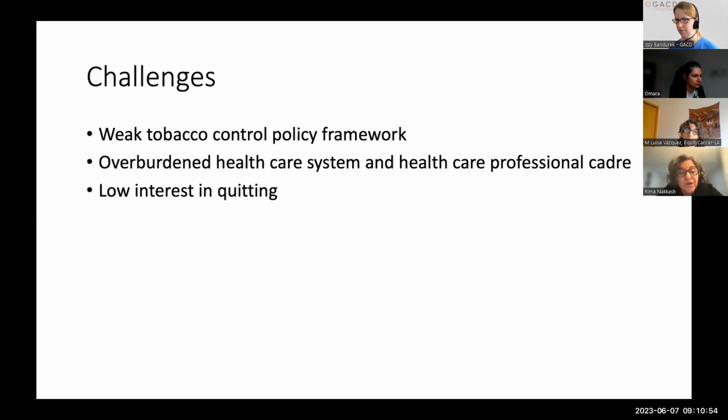And so those very weak healthcare centers, or primary healthcare centers, who were originally working within very little resources are now even more overburdened. And this might create issues in how much capacity providers and healthcare workers can give to support the intervention. And then finally, I mentioned the issue of low interest in quitting, and then there was